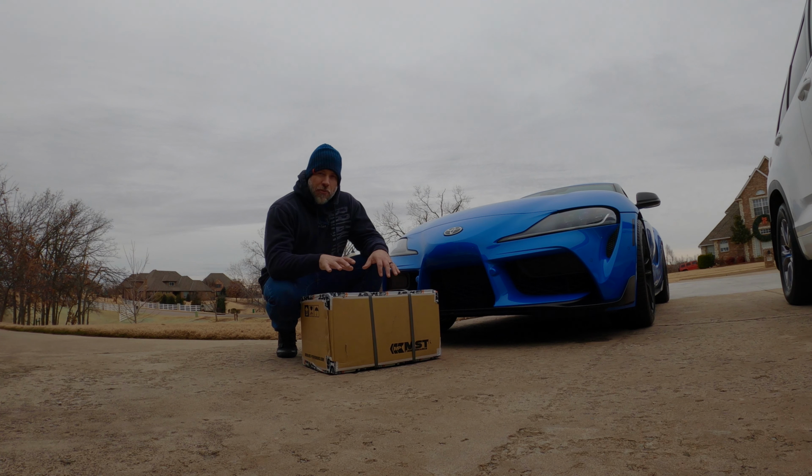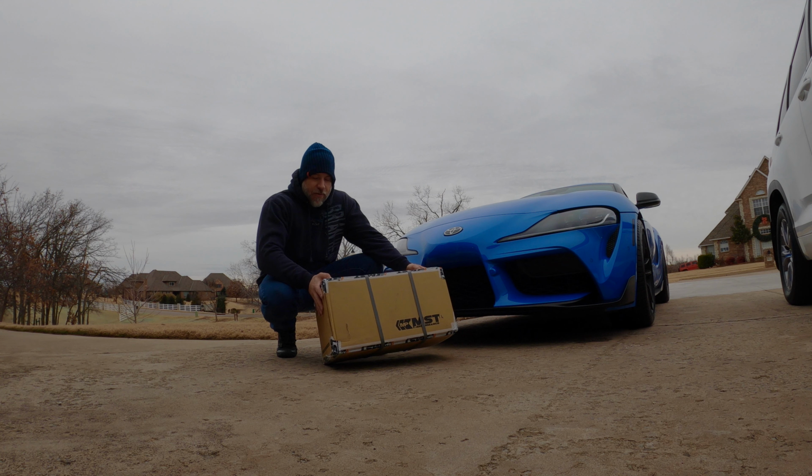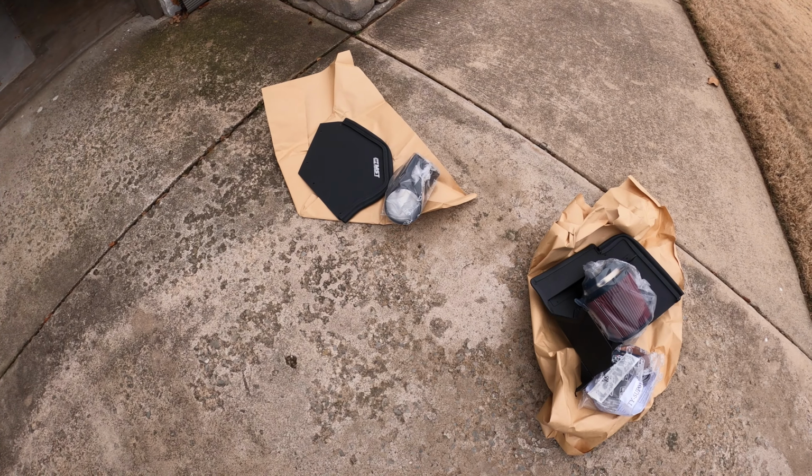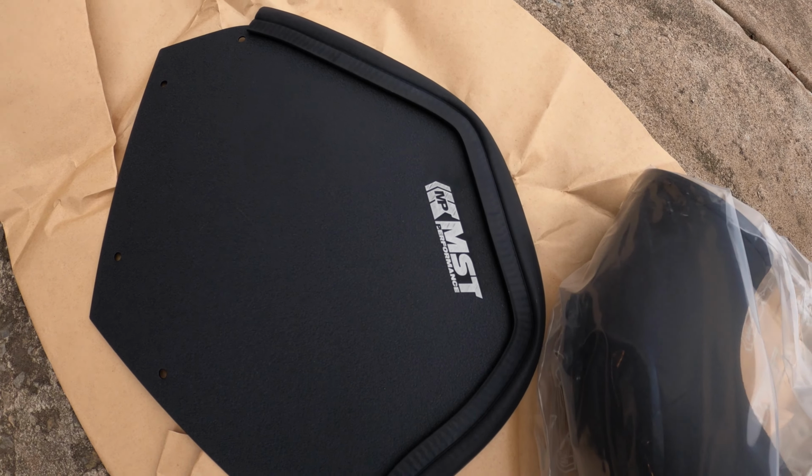Today I've got a new piece that I'm going to be putting on the Mark V Supra. This is from MST Performance. I ordered this through Speed Industry. FedEx just delivered it, so we're going to open it up and I'm going to show you guys what we're going to be putting on here. So let's do this. Okay, so with everything unboxed, what we've got here is the MST Performance